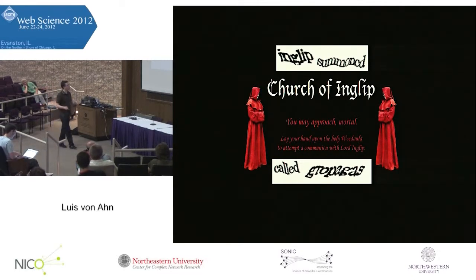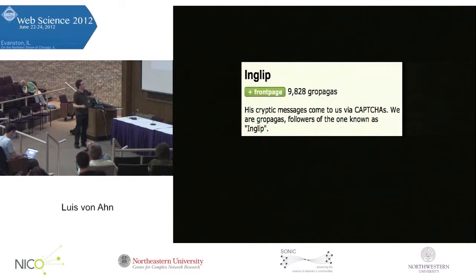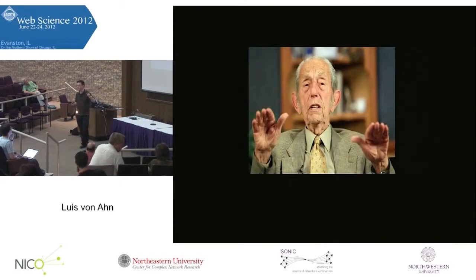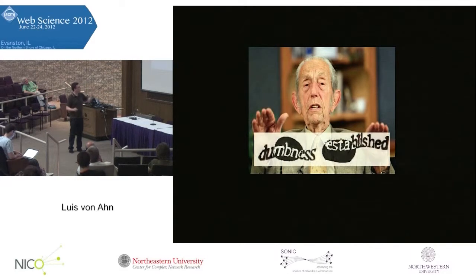Now, the crazy thing about this is this religion, last I checked, has had close to 10,000 followers. So that's a lot of people. In fact, that is more people than the number of followers that this guy had. If you don't know who this guy is, this is Harold Camping. He predicted that the world would end last summer. He had fewer followers than the CAPTCHA religion, fortunately. And fortunately, also, I don't know. Unfortunately, fortunately, I don't know. We've established it.